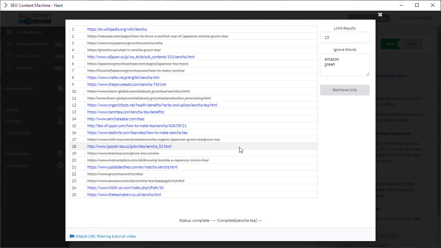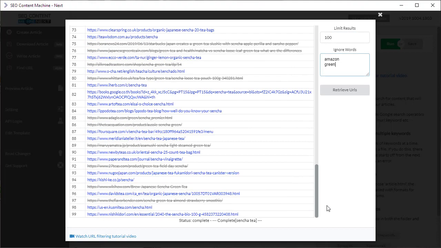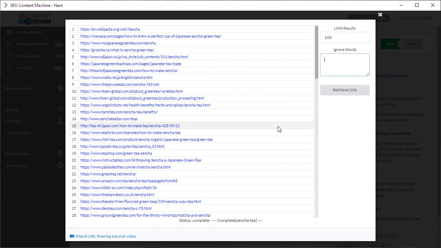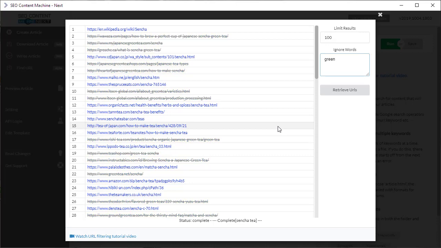Once the URL filtering box has finished finding your URLs, it displays them in this handy little table here, and you can change the filtering in real time to get a good preview of what it's going to do. By default, you can limit the number of URLs you want to use, and that goes up to 100. You can also filter out URLs that you don't want by putting a word in the ignore words box. For example, if I don't want the word green to appear in any of the URLs, it's going to